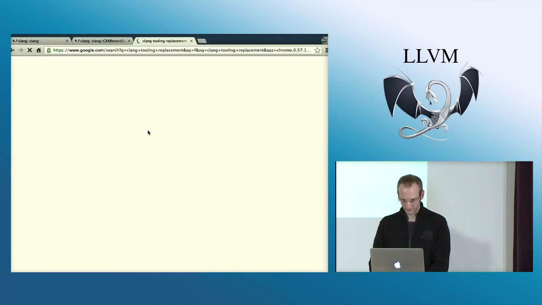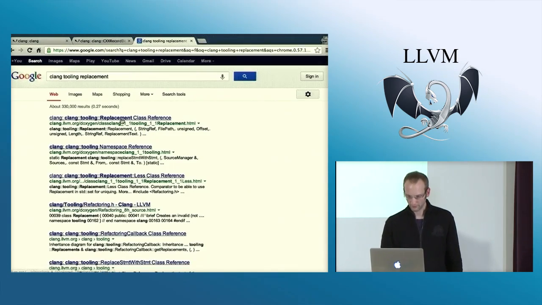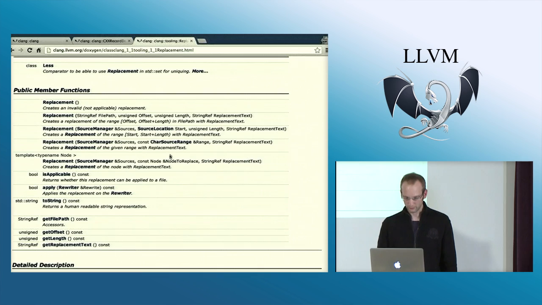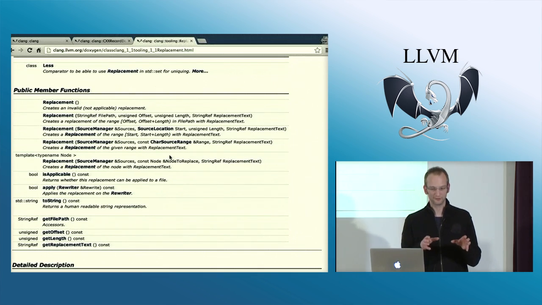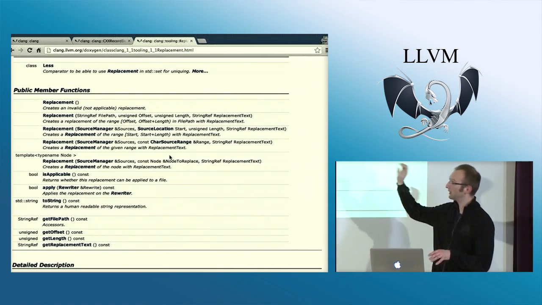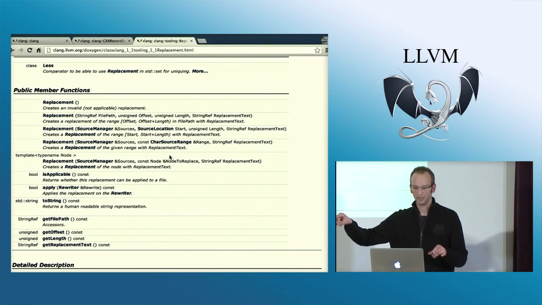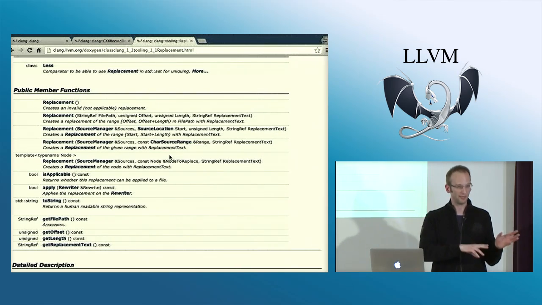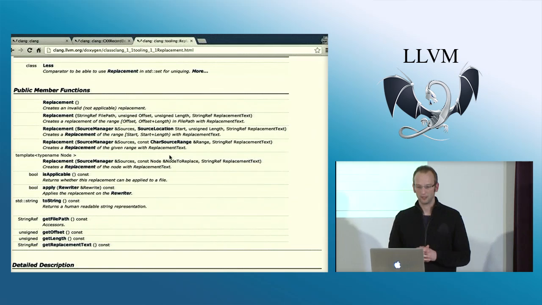So the idea is that you generate a list of replacements, and those you can construct when you're in the callback. And we actually have also some infrastructure to apply them in the end, because